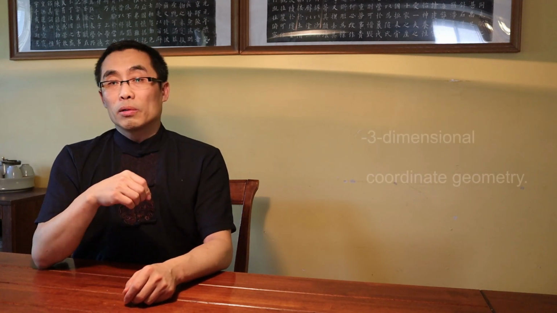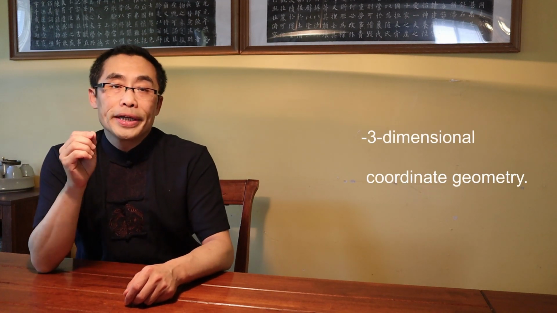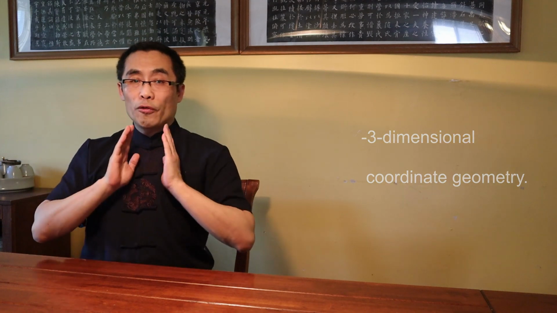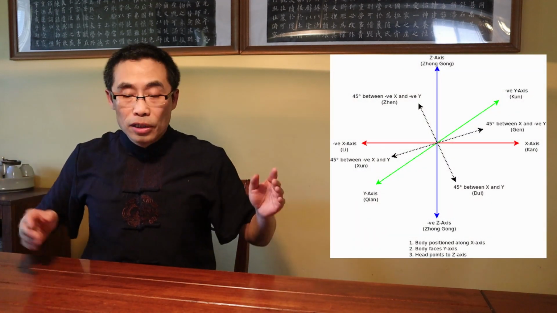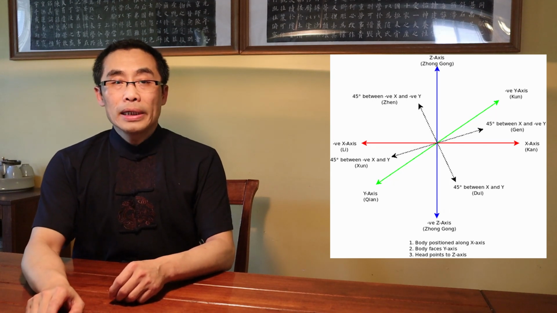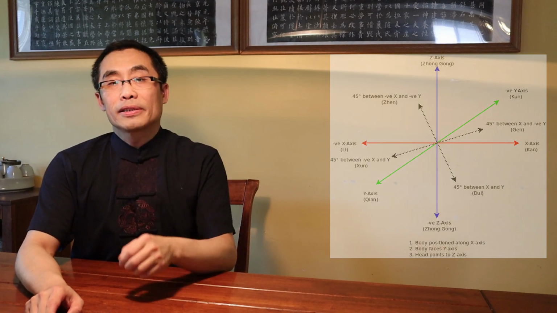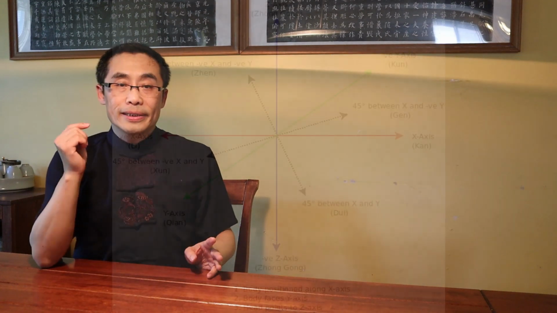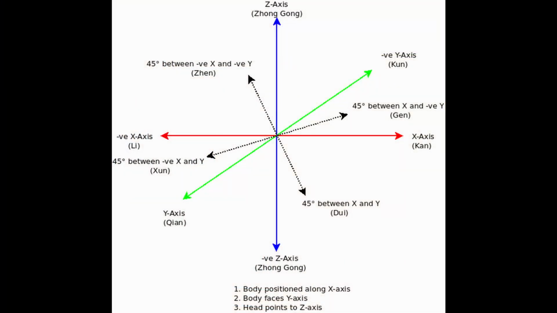To introduce this approach, let's use 3-dimensional coordinate geometry to explain this. We face forward, the y direction. Our body vertically follows the z direction, and our extended arm follows the x axis. The horizontal plane matches the 8 trigram system. The x-axis is 坎, the negative x-axis is 离,